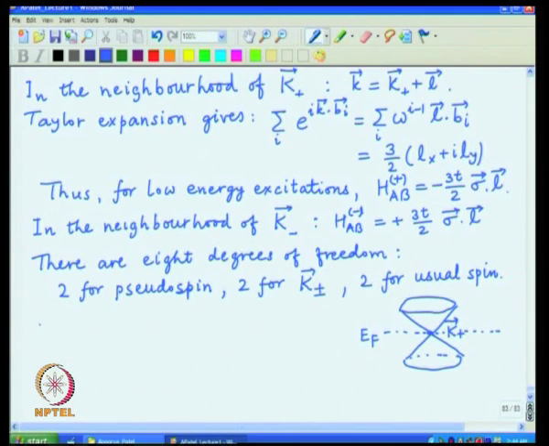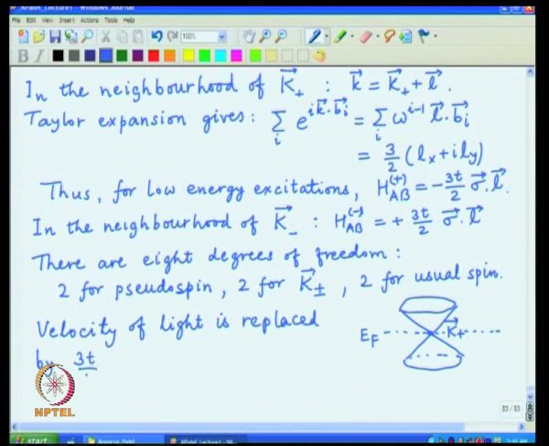So, the velocity of light is replaced by 3 t by 2,